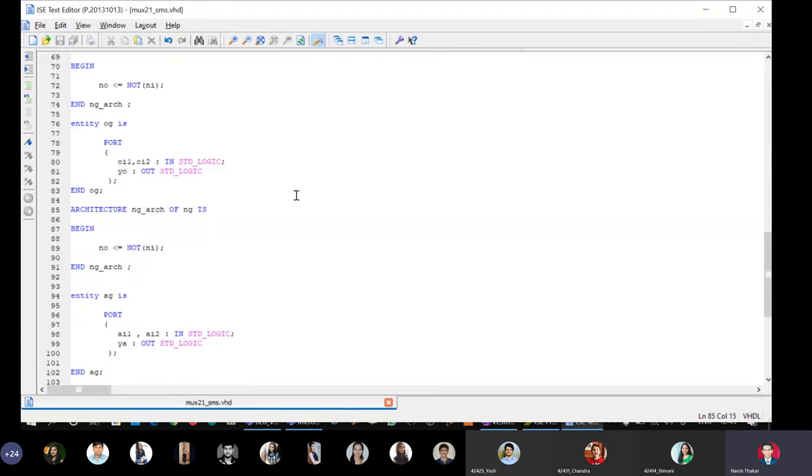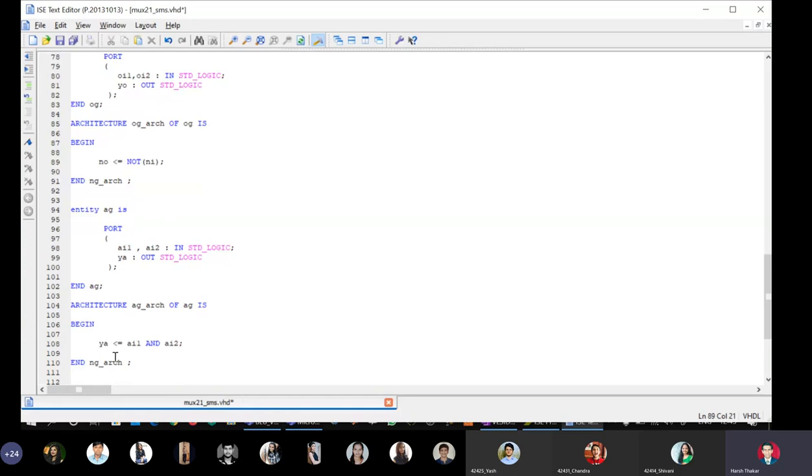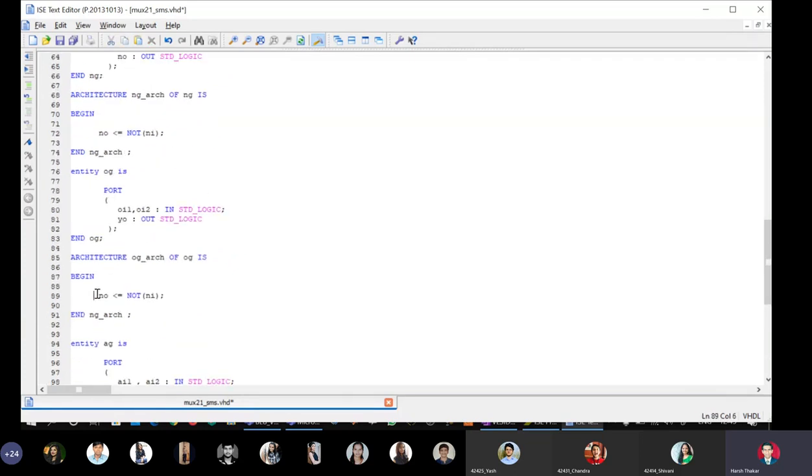I change the architecture body, make it OG underscore arch of OG is, and here maybe I can just copy this statement, Control C, put it here and make the changes. So now my output of the OR gate is YO, and here I will just write OI1 is ORed with OI2.